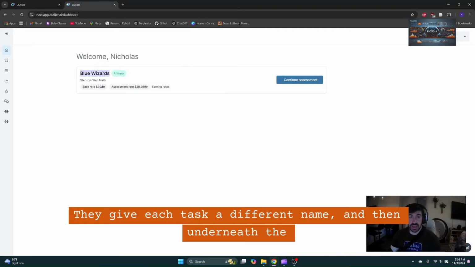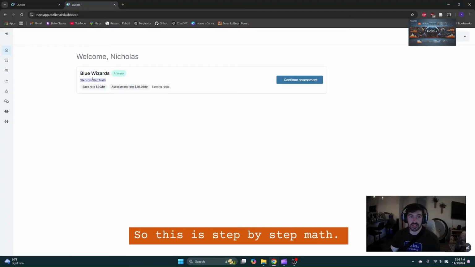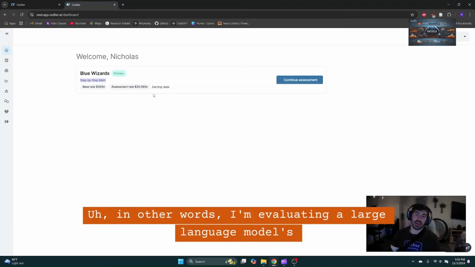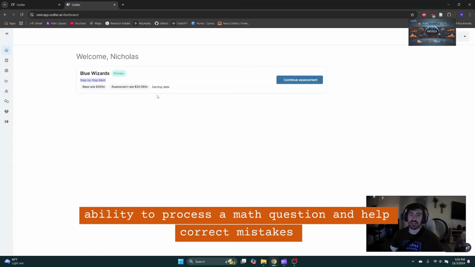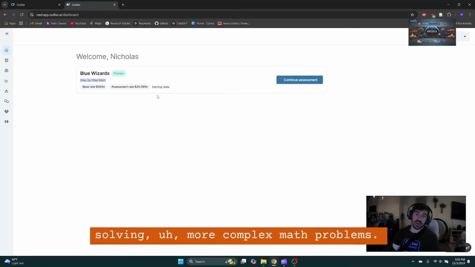They give each task a different name, and then underneath the name they give a bit of a description about what each task entails. So this is step-by-step math. In other words, I'm evaluating a large language model's ability to process a math question and help correct mistakes along the way in order for it to become better at solving more complex math problems.